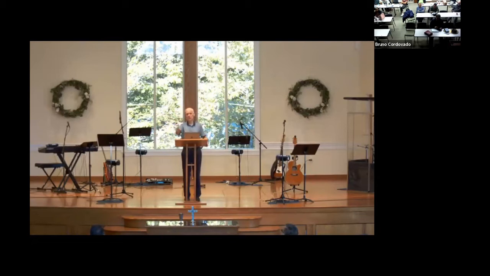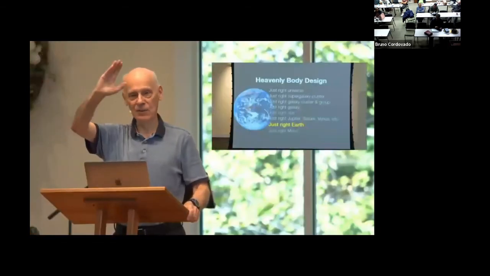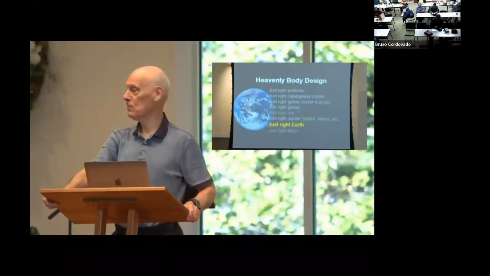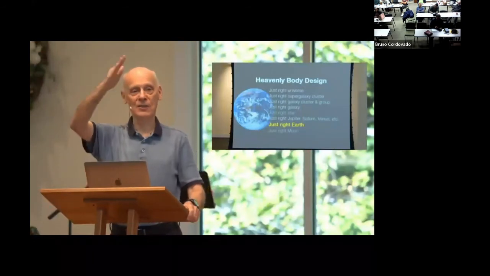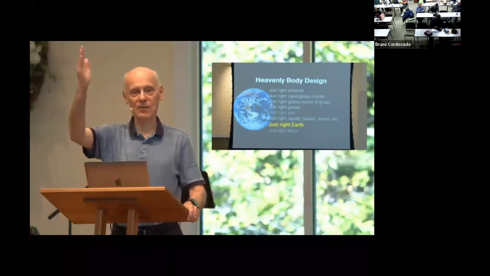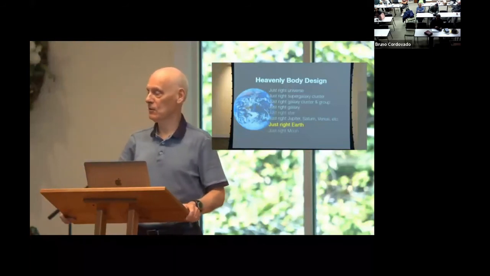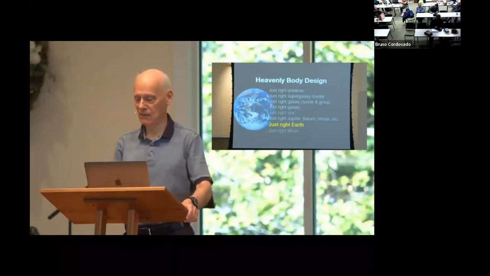That's possible because we have a small planet being orbited by a gigantic moon. That's what stabilizes the rotation axis. So all the rest of the planets in our solar system, the rotation axis flips back and forth. And so we have the stable rotation axis. That's just one of the features we gained from the moon.